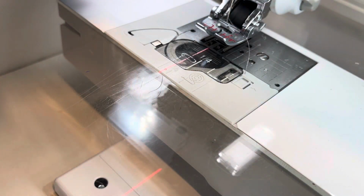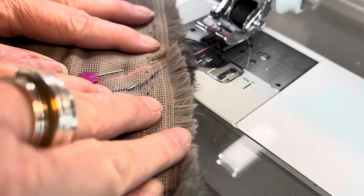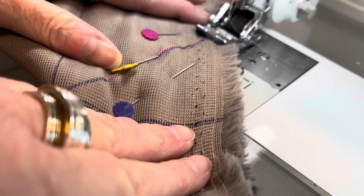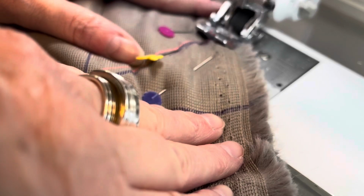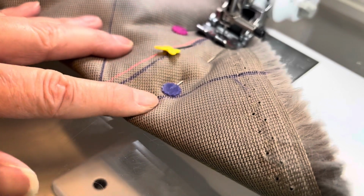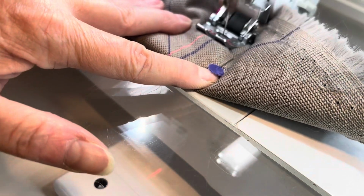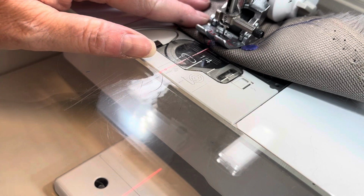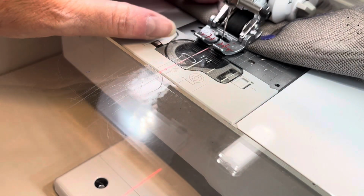So I'm going to go ahead and stitch from raw edge to fold, and we'll see how that turns out. Again, I got that laser light on so that you can see that I'm stitching on the 45-degree angle line that I've drawn. So I'm going to go ahead and stitch this. And what's nice now is I can leave these in because my foot is going to go right in between them, and I will just pull that other flower pin out, and you can see I'm getting crooked here. It's hard to hold the camera and sew at the same time. And then we're going to go right across there. I'm going to cut that thread,